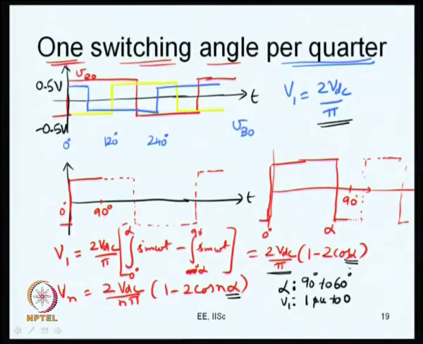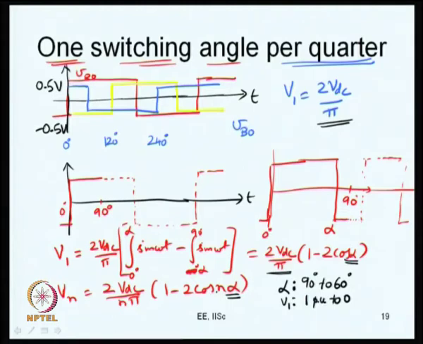If alpha is changed by 1 degree, V1 will change to a certain extent, but if you take the fifth harmonic, it is cos 5 alpha. If alpha changes by 1 degree, 5 alpha changes by 5 degrees. Therefore, the change in V5 will be much more. All this it is possible for you to plot. These are fairly simple functions for you to plot, and you can try plotting them.